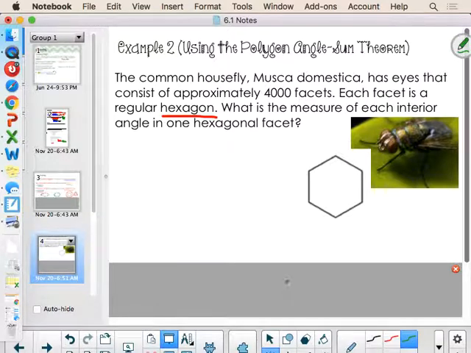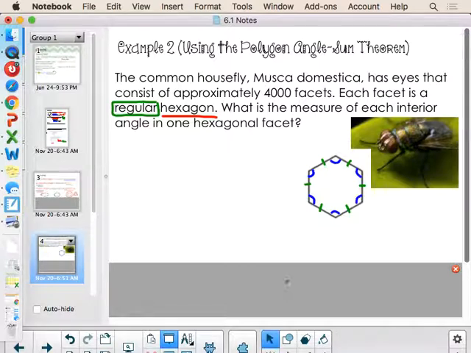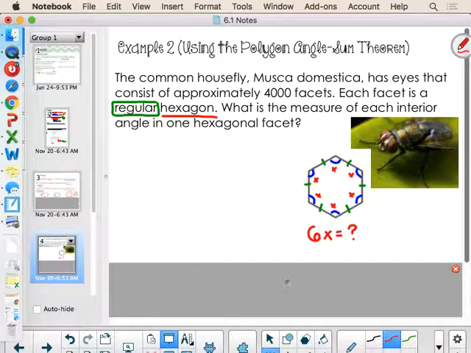All right, because I have been told that I am regular, that means that I know that all my sides are congruent, as well as the fact that all my angle measures are congruent to one another. So what I'm thinking about here is whatever the total amount of angle measure is for this diagram, aka the angle sum for this figure, it has to be evenly distributed, because the angle measures would all be equivalent to x. They would all have the same value here. So we first need to figure out what the 6 x's would add up to, so what the sum of their angle measures is.